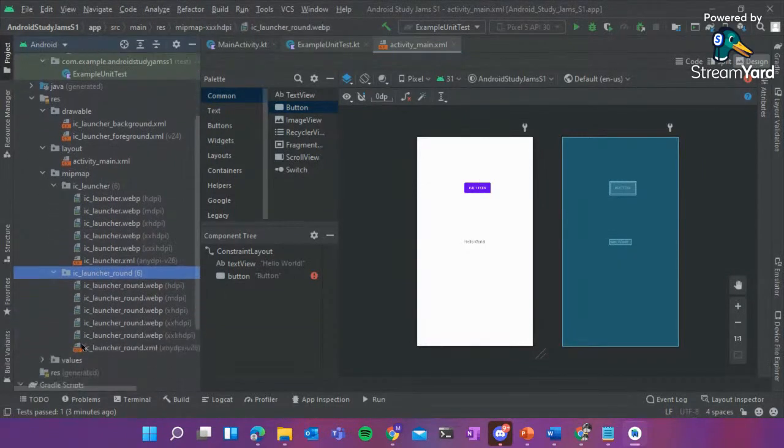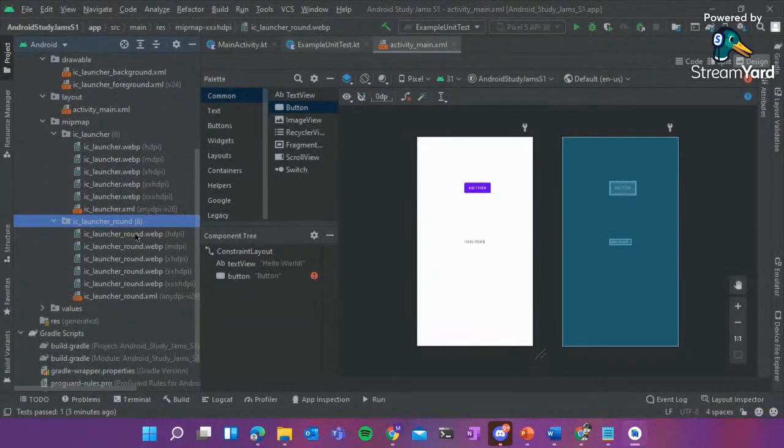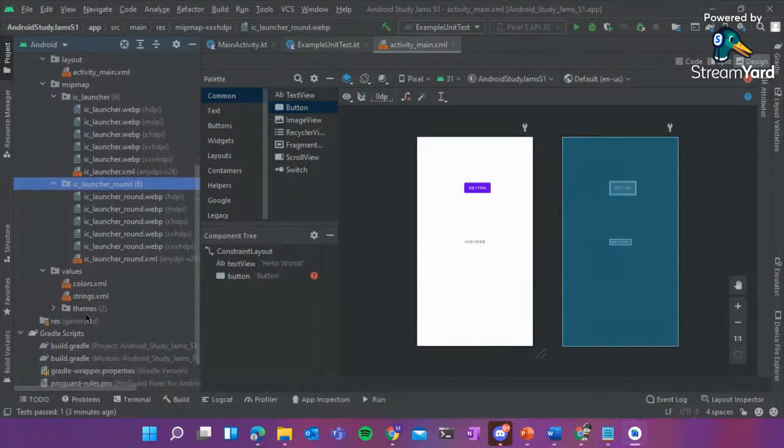Now this is again, as you see, icons have different shapes on your devices. So to make sure you have those, these are your round set of icons. Then your values are an important part of your Android app again, because this is what you use to say